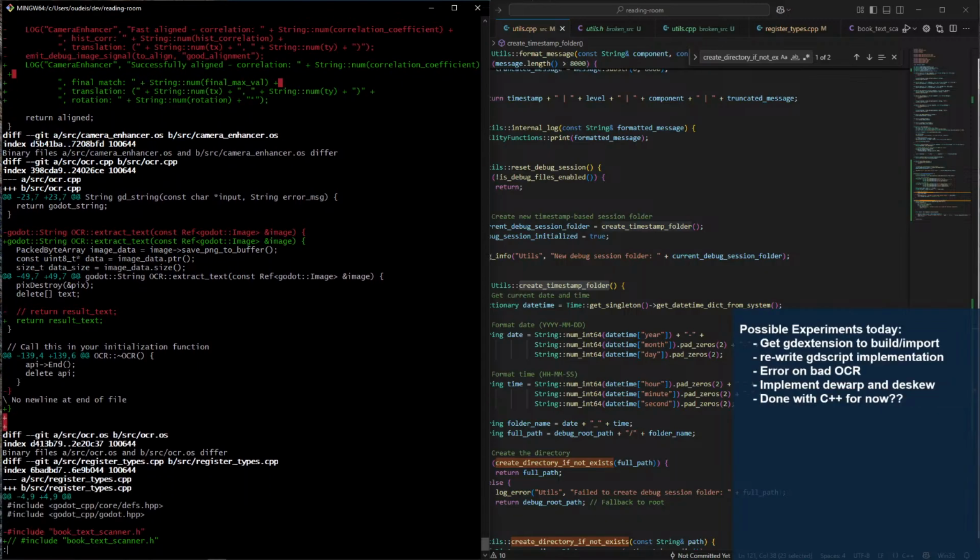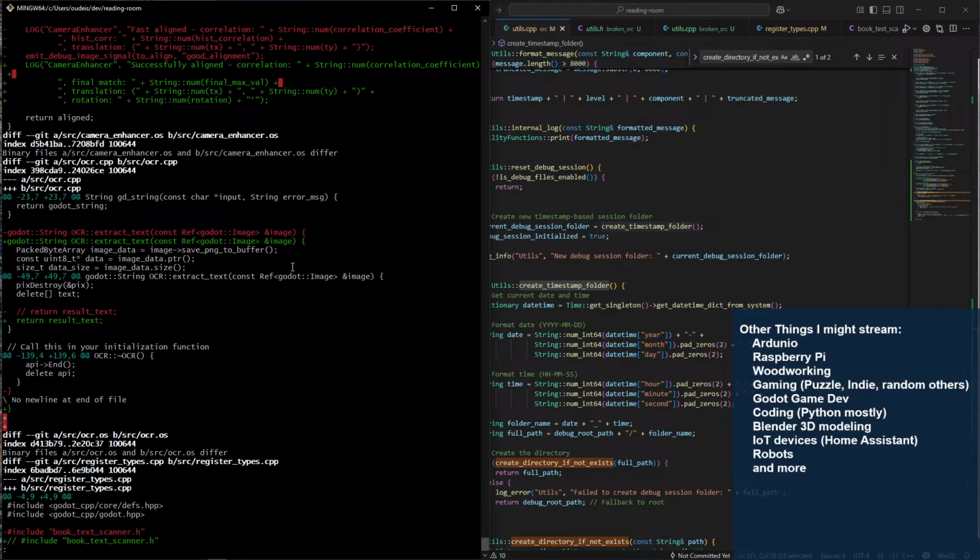For whatever reason, ocr.cpp has a weird change. I wonder if there's some weird character issue there. Ooh, don't tell me that is what we ended up with. I am going to be furious if that's what the bug is. Because those do look different. And you know how they look different? Those are different.